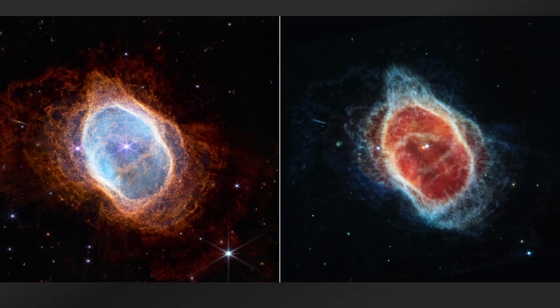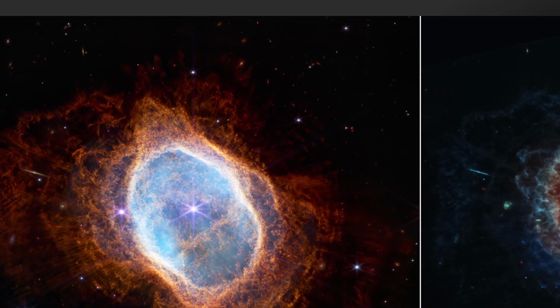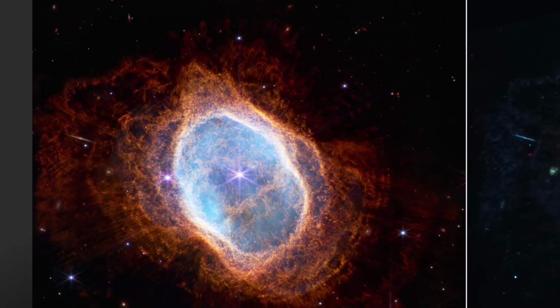So Webb is looking at the youngest stars. It's looking at the dead stars, essentially. We have two views of this nebula. We have it in NIRCam, which is near infrared light, and then we have it in MIRI, which is really cool. On the left with the NIRCam, you see just the structure, it's so detailed, and it's really fun to process these images too, because you're using what we call narrowband filters,